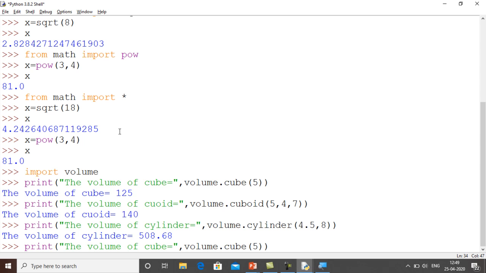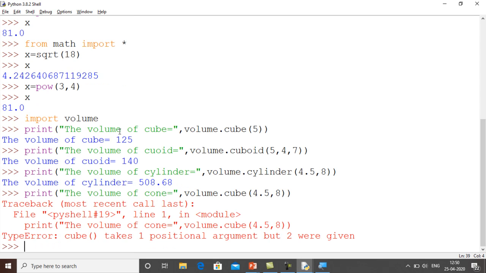Suppose I write volume of cone. If I give the same values, 4.5 and 8, it will calculate 1 by 3 pi r square h and give us the result. What is the problem? Actually, I have written cube over here, which is wrong.